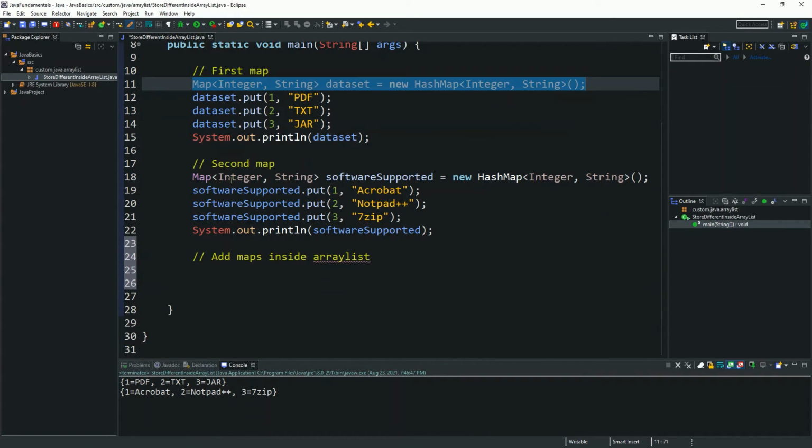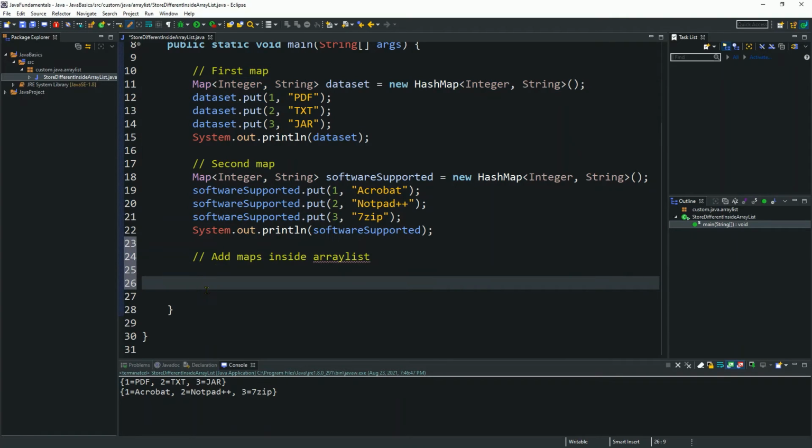For that, we use the syntax as shown: ArrayList, give the name of the ArrayList equal to new, again ArrayList, and close this bracket.